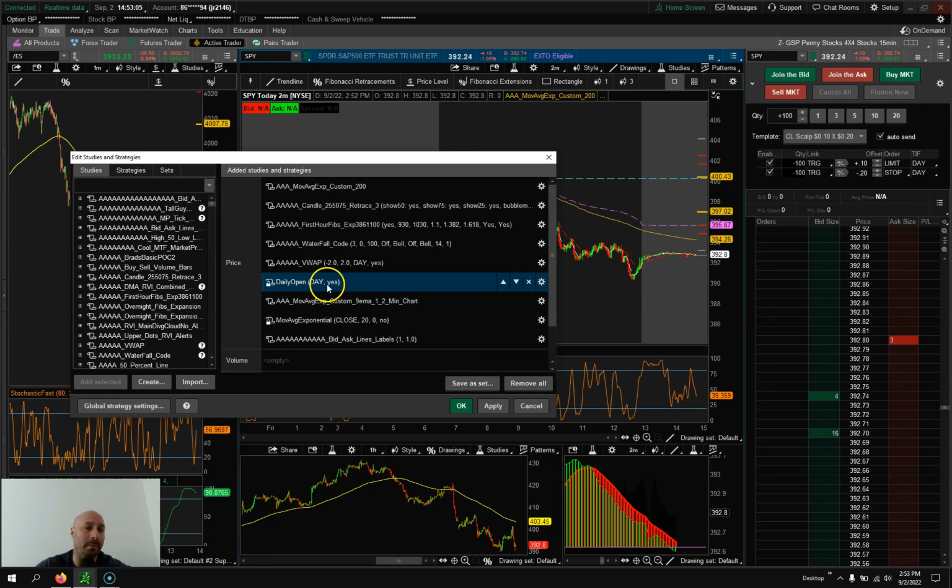Daily open. Actually it's called the daily open on here. So I have it right here. It just lets me know where the daily open was on the stock. The purple line is the VWAP for the 2-minute, and then I also have a couple moving averages. It's a special moving average. It's essentially the 8, and then the 20 period moving average over here, and then the bid ask lines with